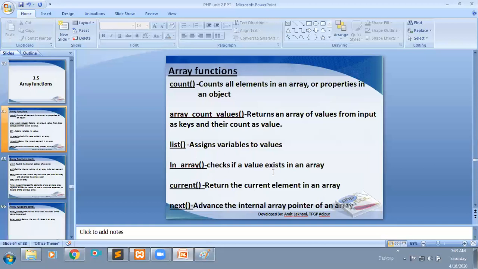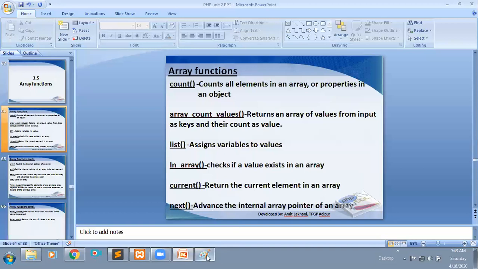Then the current function, which is used to get the current element from your array. For example, if you want the current value, the first position value will be returned from your array. Next, the next function returns the next value from your array.